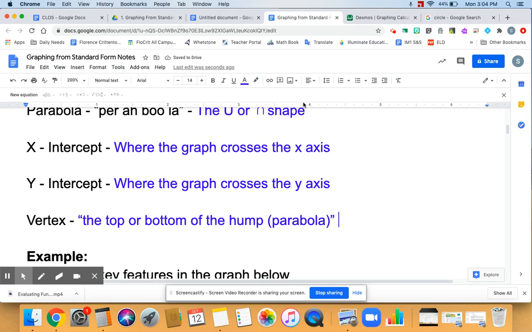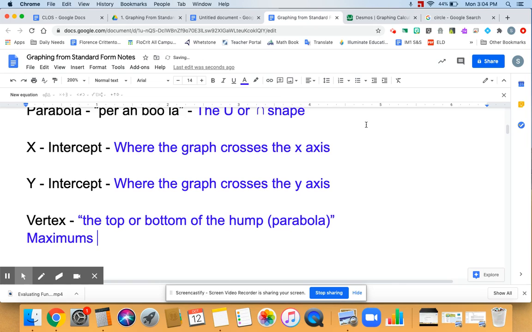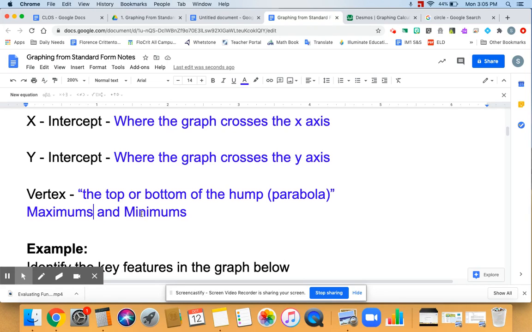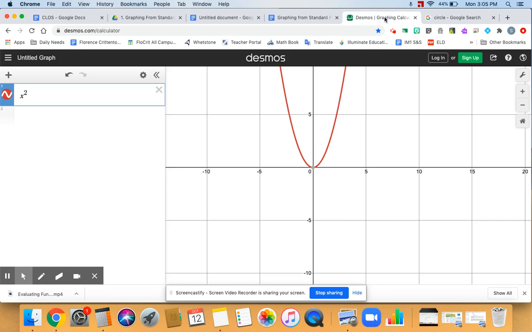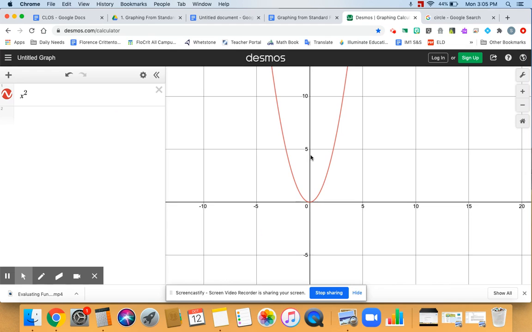However, the more mathematical way to think about the vertex, because vertex shows up in other equations, is vertex is maximums and minimums. So remember, maximum means the biggest point. And when I'm talking about the biggest, it's the biggest y, because it's the biggest amount. And so minimum is the smallest y, or the smallest amount. So if I were to look at this graph, the biggest amount, well, if I zoom